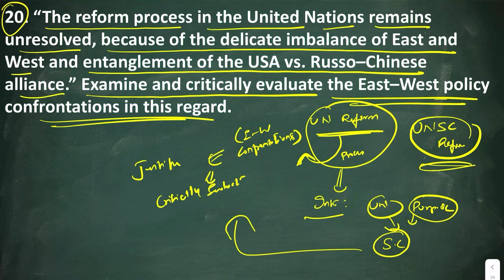That and all is okay, but what I am trying to tell is, since they have not mentioned UNSC reforms explicitly, since it is implicit in the question, you have to make it explicit. You have to tell explicitly in the introduction, in the first paragraph or second paragraph, that it is the UNSC reforms that have been stalled, and it is the most critical aspect that we have to change in order to balance the power structure in the multipolar world. Hence, this is the need of the hour. And then you should tell how this has been stalled because of so and so. I hope you understood this.